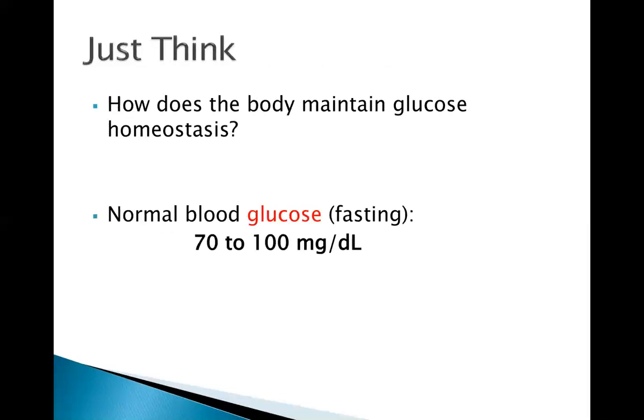So how does the body maintain glucose homeostasis? Glucose homeostasis refers to balancing the appropriate levels of glucose in the bloodstream so there is plenty of glucose available to the cells. There are different hormonal mechanisms that we use to balance this, as well as different storage forms of glucose. Glycogen we can use as a storage form of glucose that can help us maintain our blood homeostasis. And so we'll see this coming up.